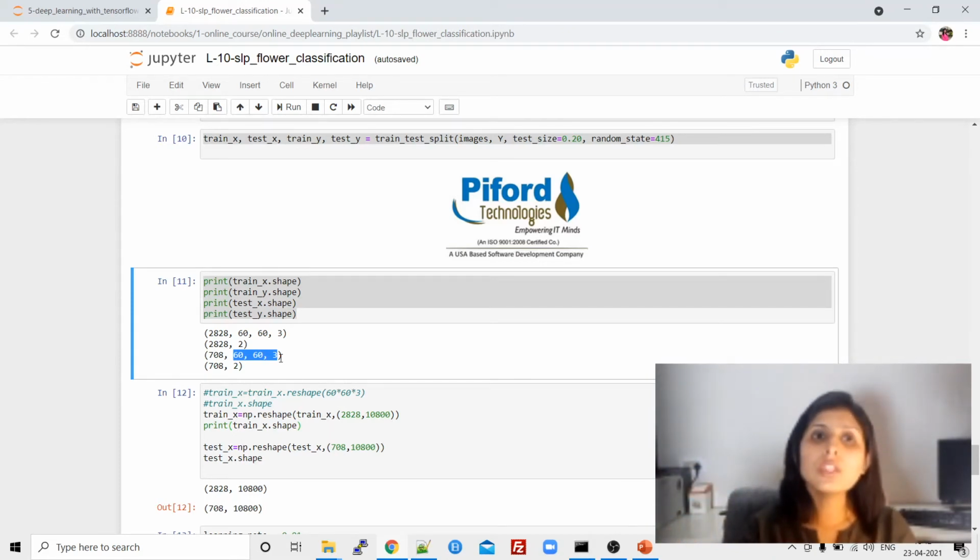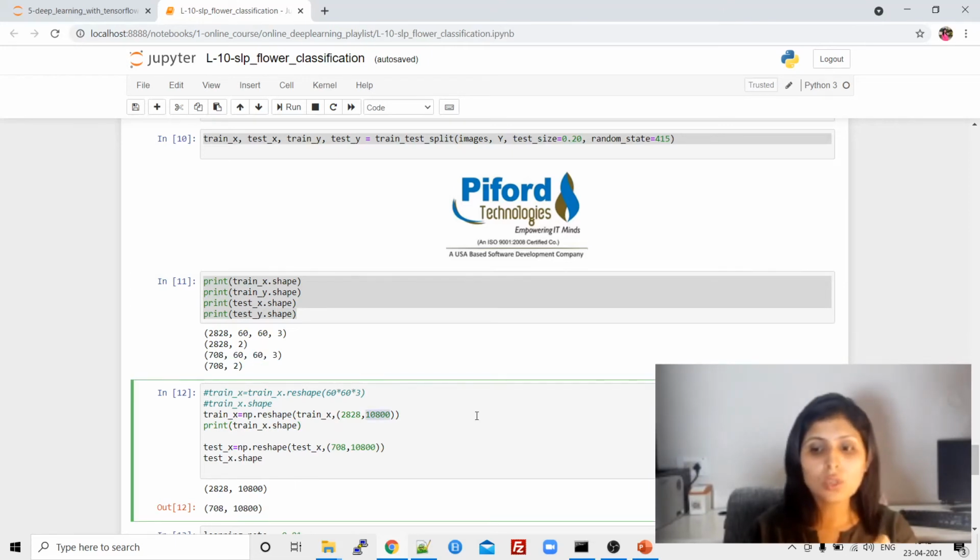So you need to convert your image into a one-dimensional array. One-dimensional array simply means just multiply all the pixel values. That means 60 into 60 into 3. When you multiply 60 with 60 and then multiply it with 3, you will get 10800.